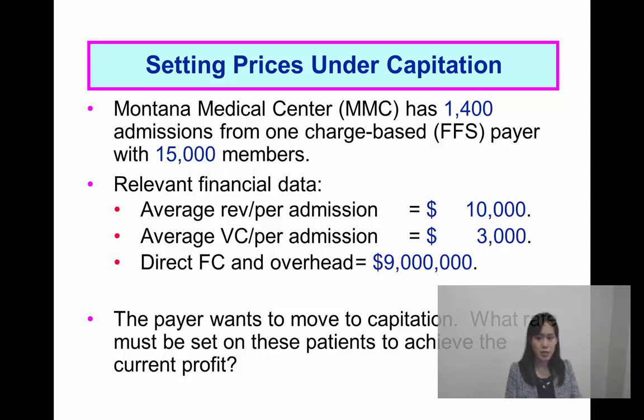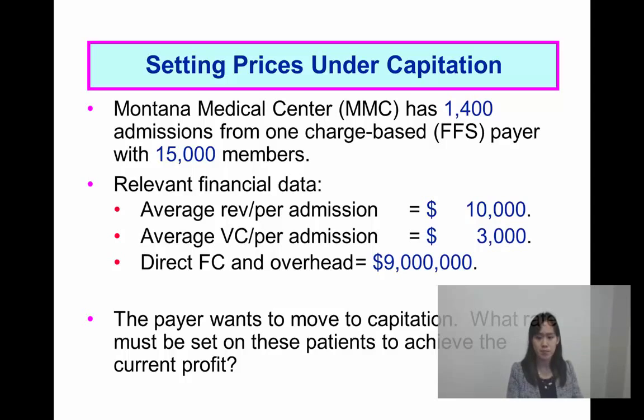Montana Medical Clinic has about 1,400 admissions from 15,000 members. They currently reimburse on a fee-for-service basis, and their average revenue per admission for each of these 1,400 admissions is $10,000. The average variable cost is $3,000, and the annual direct fixed costs and overhead is $9 million. So remember, direct fixed costs and overhead are independent of the number of units produced, so it's just a